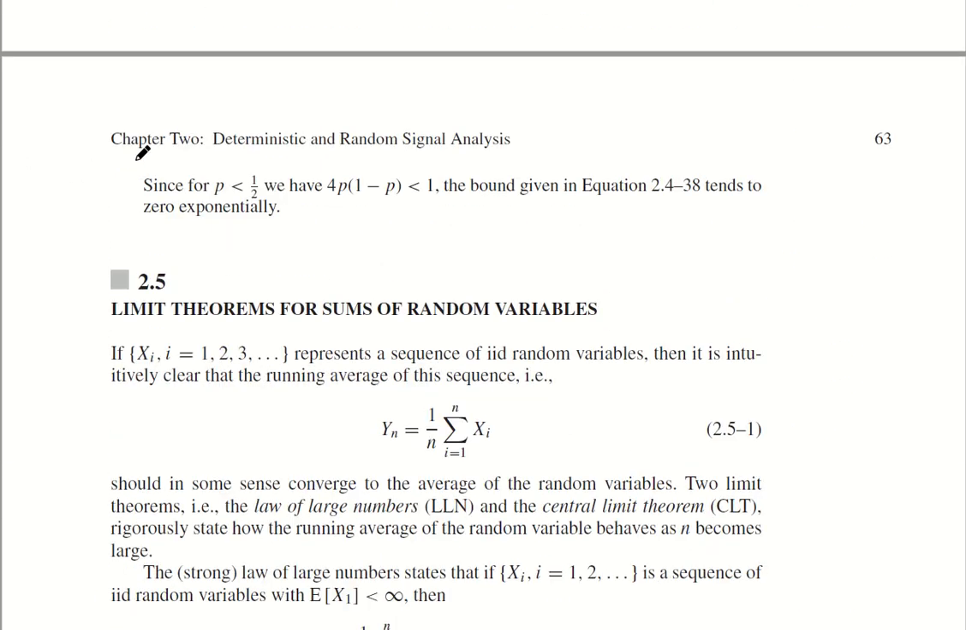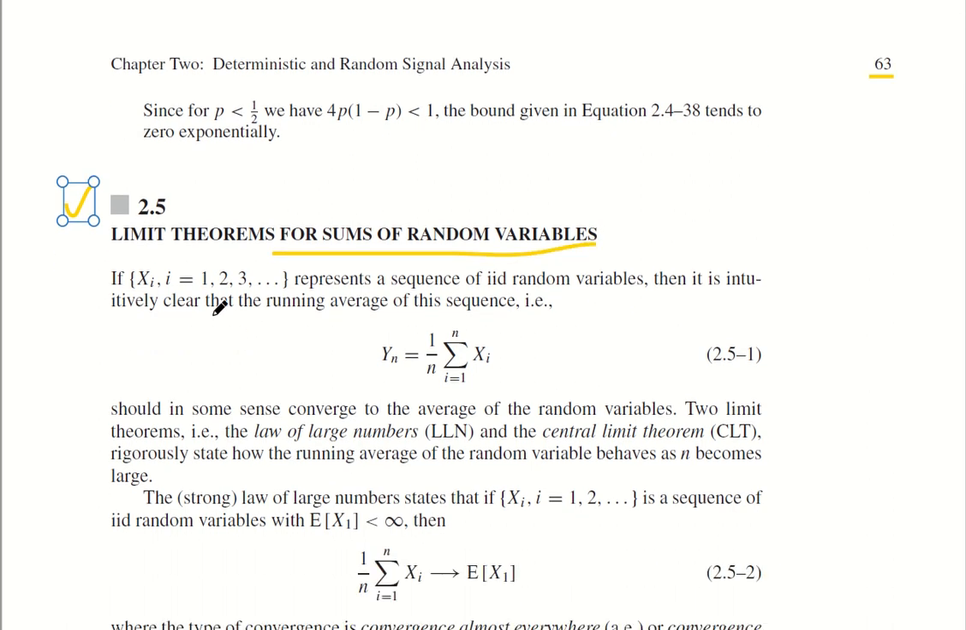Okay, so we go up to page 63. Some of you like to refer to the textbook to closely follow our lecture. So we go to 0.5, limit theorems for sums of random variables. Okay, so if Xi represents a sequence of IID random variables, then it is intuitively clear that